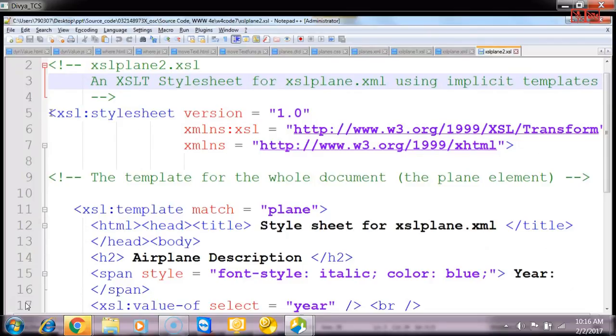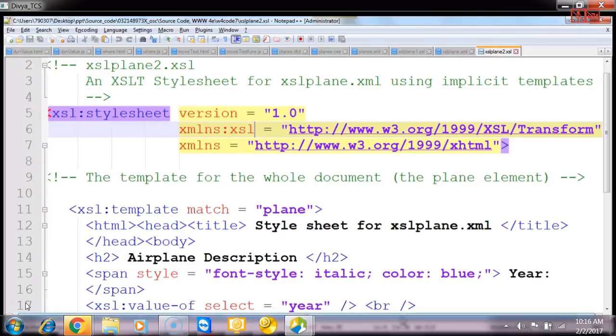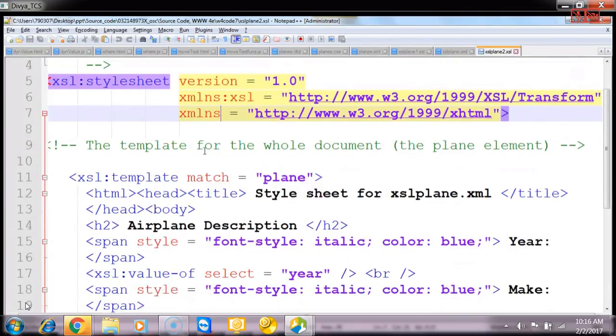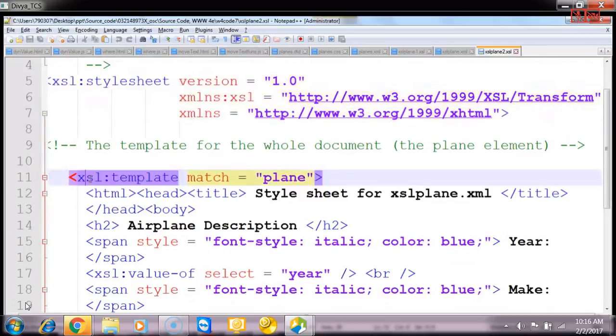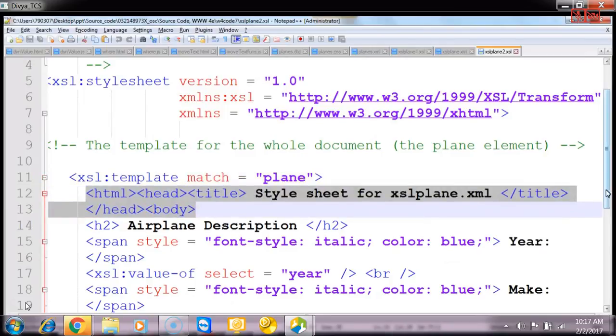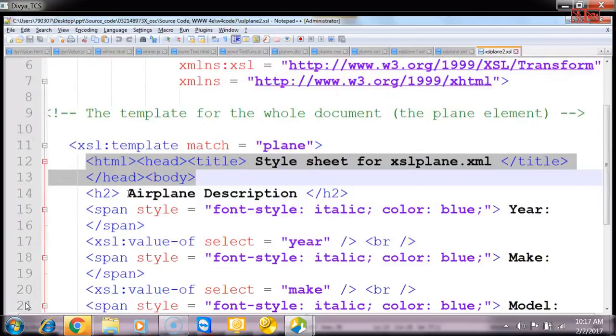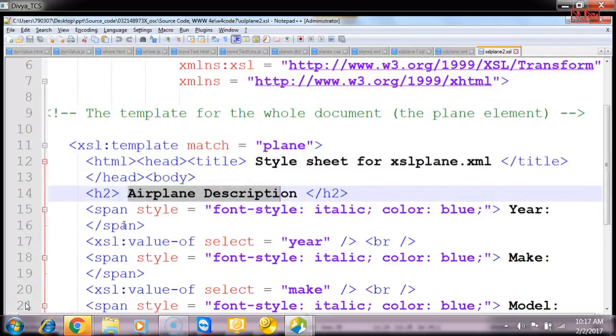So this is your basic doctype you are doing, right? You need to use this stylesheet version and this namespace as XSL. This is the standard xmlns w3.org, the standard transformation URL. This is for the HTML conversion. And the template for the whole document, xsl:template match of plane. If plane is matched, then you have to get these things, like the transformation we are doing right now. Airplane description for year,